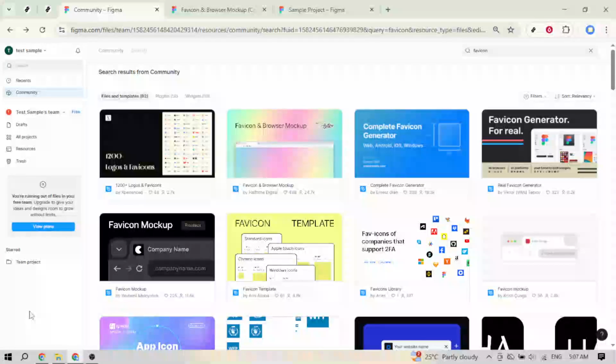In today's video, I'm going to teach you how to create a favicon in Figma. A favicon is the tiny icon you see on browser tabs, bookmarks, and shortcuts, and it's a powerful way to make your brand recognizable at a glance. We'll use a ready-made template from the Figma community, bring it into your workspace, and customize it to fit your